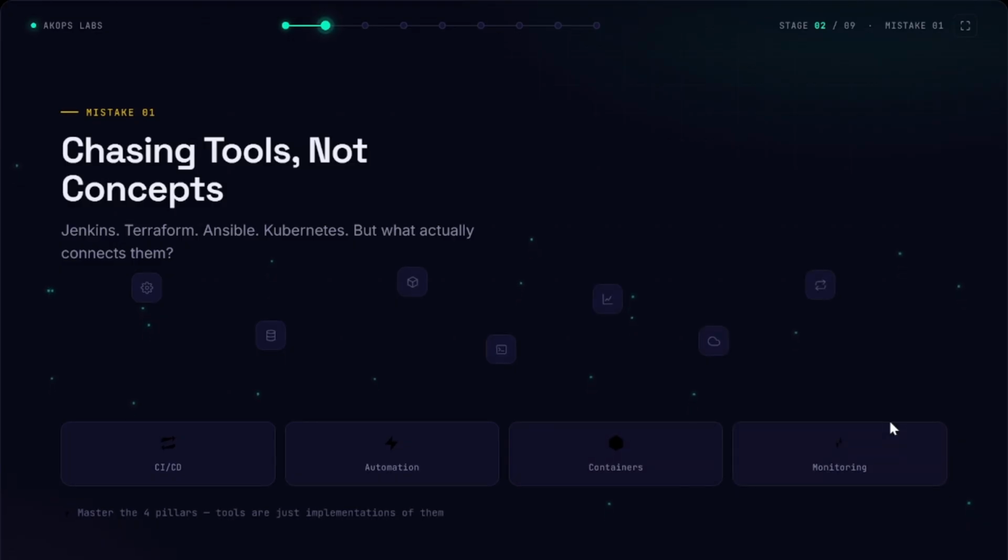Mistake number 1: learning tools instead of concepts. Many beginners try to learn every tool they see: Docker, Kubernetes, Jenkins, Terraform, Ansible, AWS, and many more. The problem is they know the tool name, but they don't understand the concept behind it. So remember this: tools change, concepts stay forever.